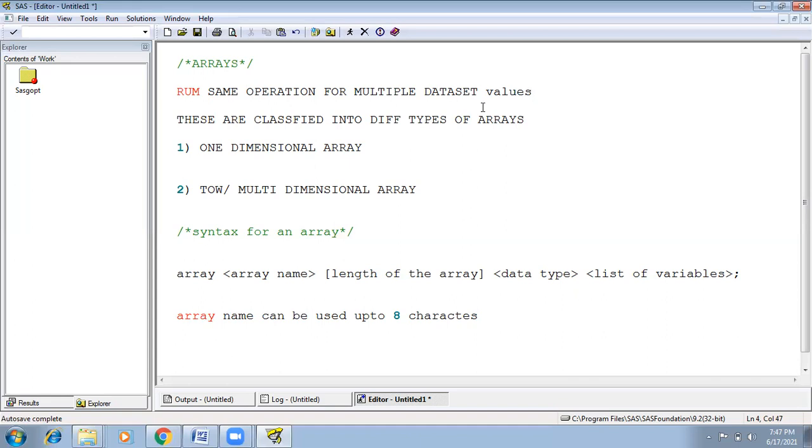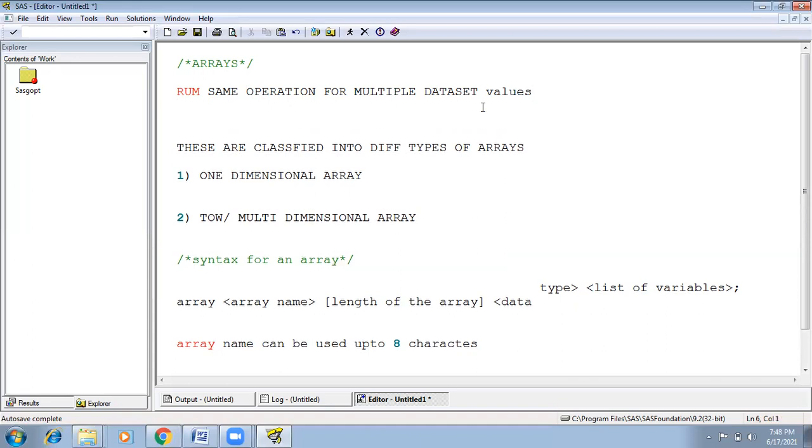Run the same operation for multiple data set values, or run the same operation for multiple statements. Run the same operation for multiple data set values, or run a group of statements multiple times.